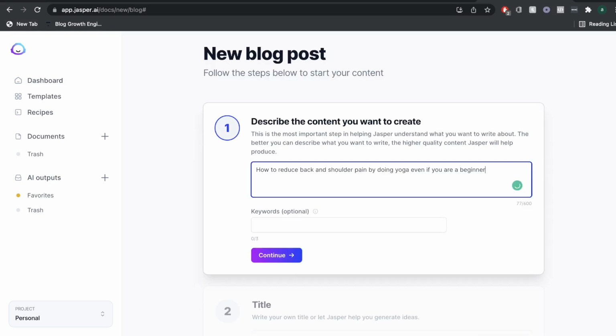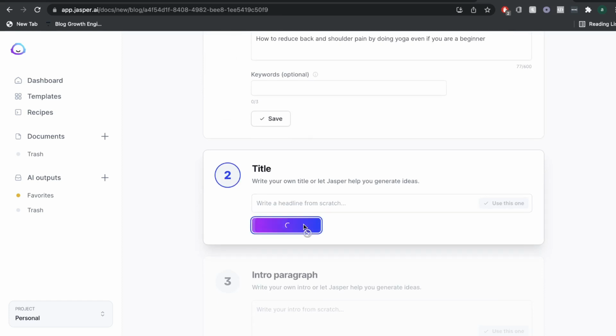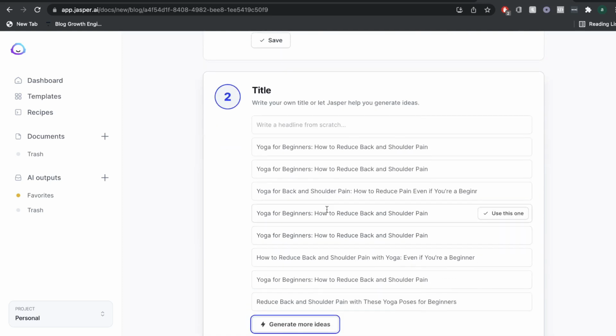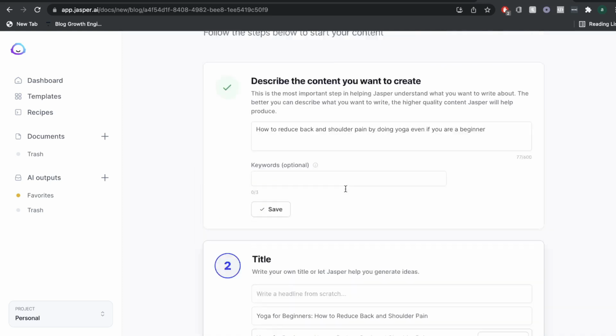The first thing that you need to do is describe the content that you want to create. So we'll be writing a blog post about how to reduce back and shoulder pain while using yoga. And once you've described your content, you can add a keyword, but I usually don't like to use a keyword. And the second step is to get a title. So just go ahead and hit the compose button, and the AI will give us a title based upon the